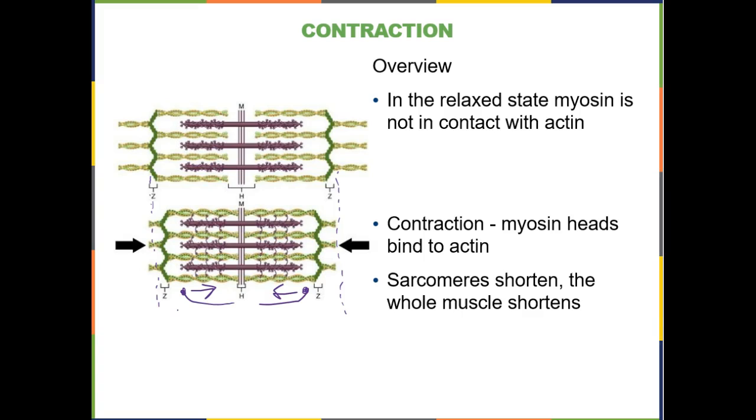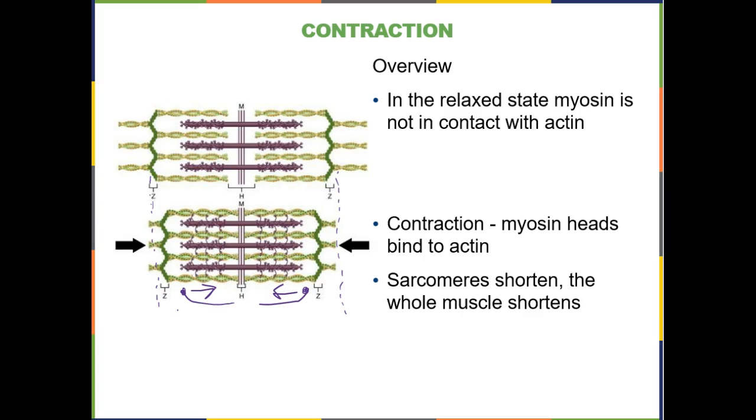And because each sarcomere is part of a long filament of sarcomeres called a myofibril, all the myofibrils get shorter at the same time, and the whole muscle cell gets shorter at the same time, or the whole muscle fiber. So that is sort of the overview of how a muscle cell is put together and the super simple definition of a contraction. Then what we need to do is go back in and layer some real physiology on top